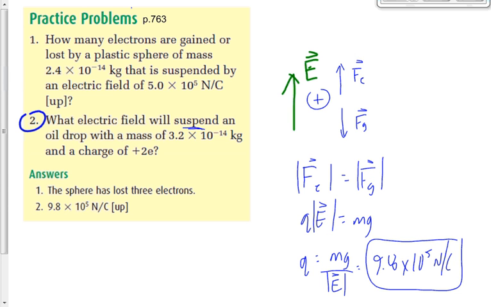Downward, opposite to the direction of the force. Got it? Okay, the diagram is helpful. Whether you think it is or not, it is, trust me. All right, that's the kind of question that we get when we're talking about the oil drop experiment, forces balancing,